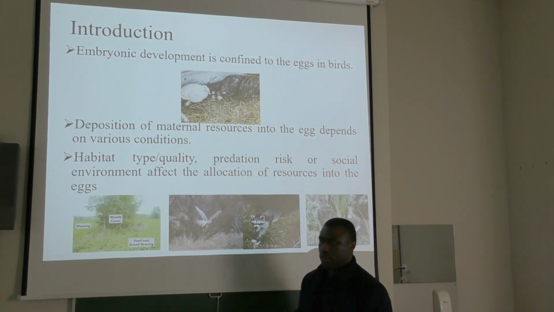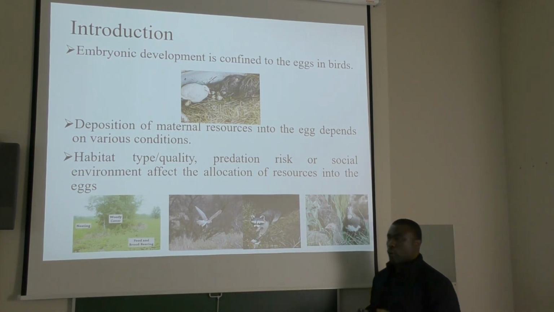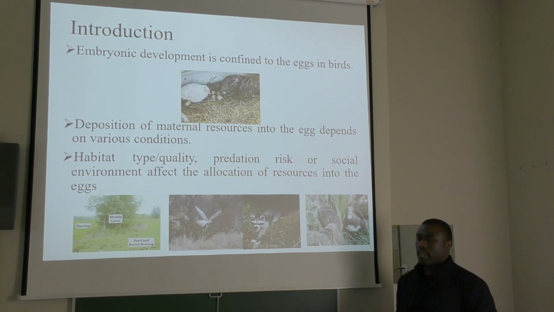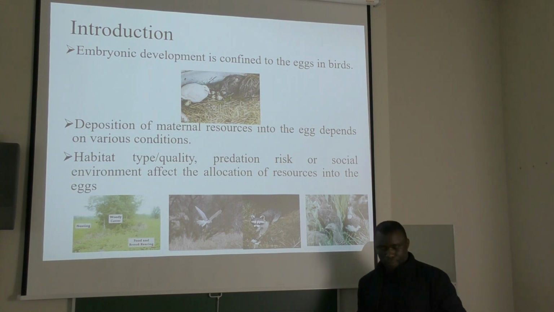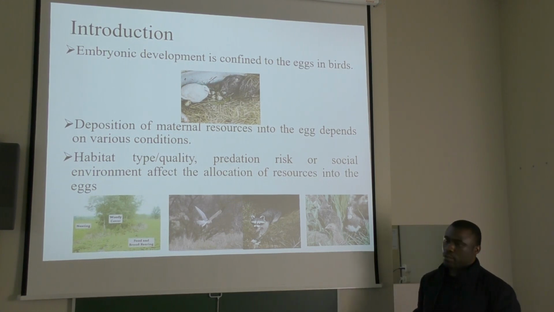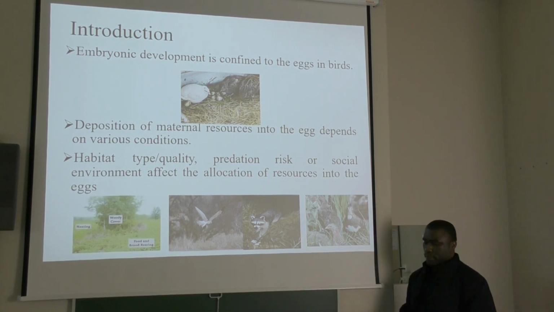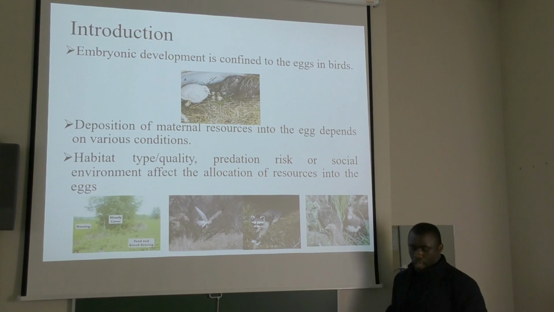How do we live in the environment? How the birds are connected, they are socializing with the other birds. If we live in a social environment which is much more connected to others, that means we become happy. Even the allocation of the nutrients and the hormones to the eggs becomes very potent because they are happy in that area and they are comfortable. They are able to allocate the necessary nutrients and all the resources to the eggs so that they can influence the development of the embryos in the egg.